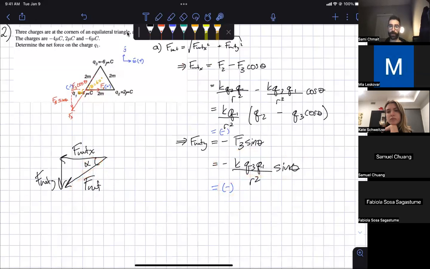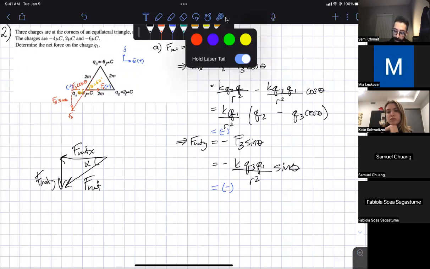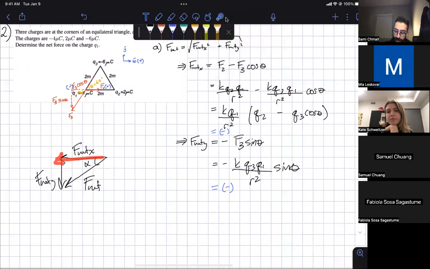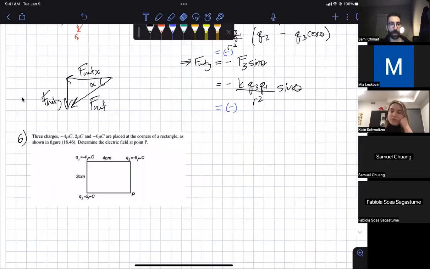You can solve for alpha using any of your trig functions, and then you will come out with the total magnitude and the direction. And you would have to specify the direction. It'll be some angle below the minus x-axis, right? We define this as the minus x-axis, and we're going to be some angle below it. All right, so that's question 2. All right, now for